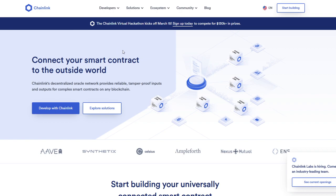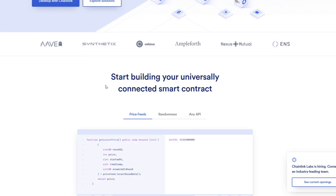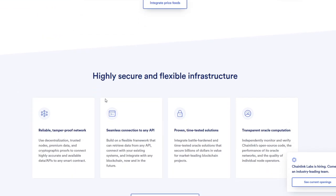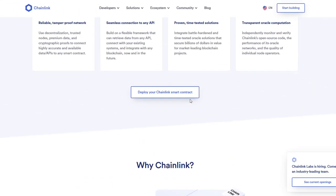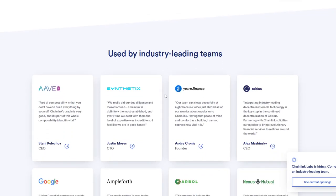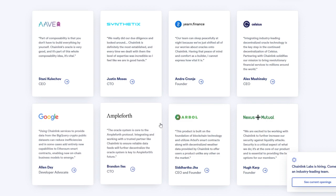However, before we go into the charts, I just wanted to give you an opportunity to look at the Chainlink website, and really understand that it is a highly secure and flexible infrastructure: a reliable, tamper-proof network, seamless connection to any API, proven and time-tested, transparent Oracle computation. So they go over why Chainlink, and it is used by industry-leading teams like Google, and I mean, that's going to be the main one,